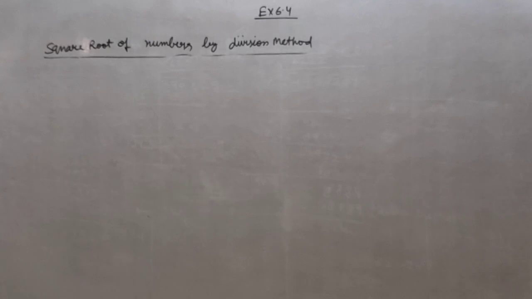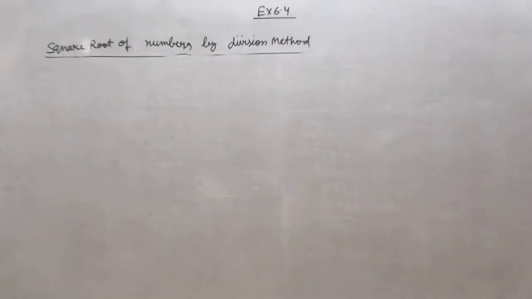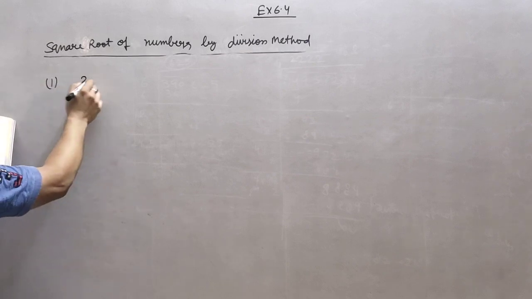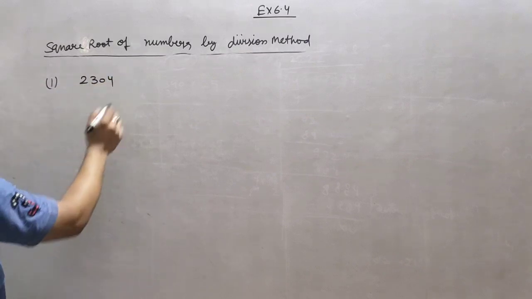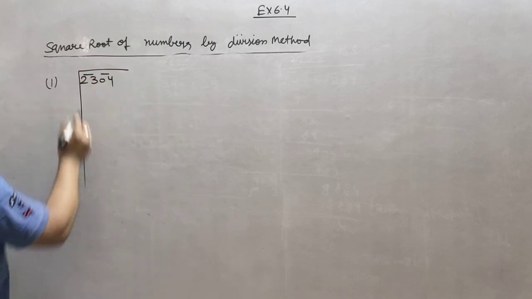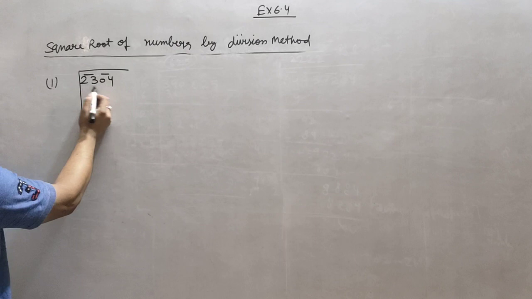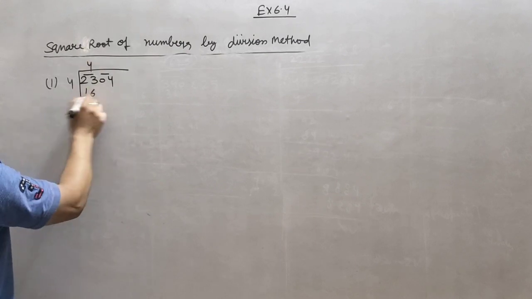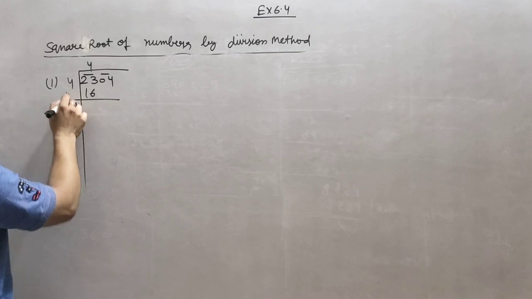So question number one, which is find the square root of each of the following. It is a very easy question. 2304. You know that if we want the square root of this one, firstly we will make pairs. Then 5 5s are 25. It means 23 is less than 25, so we have to go with the 4. 4 4s are 16. It will be 8.